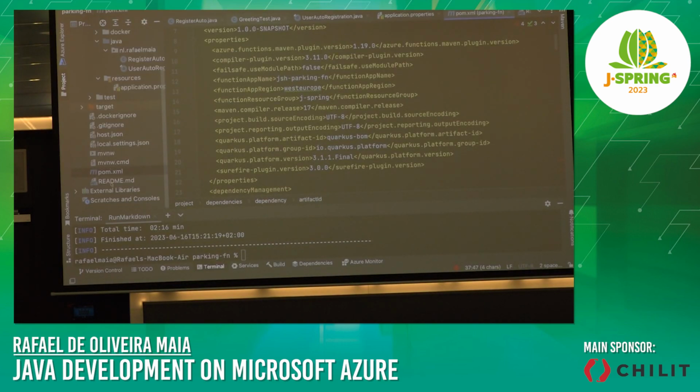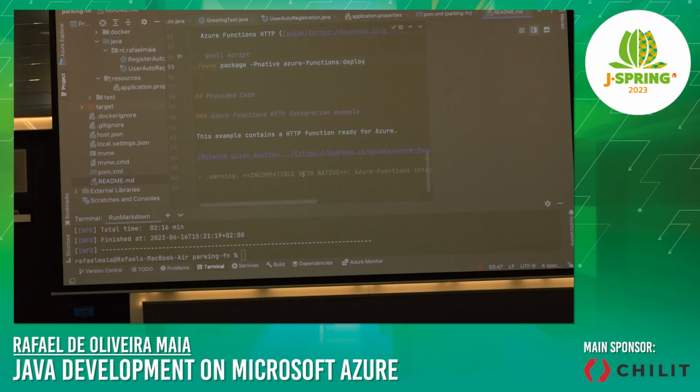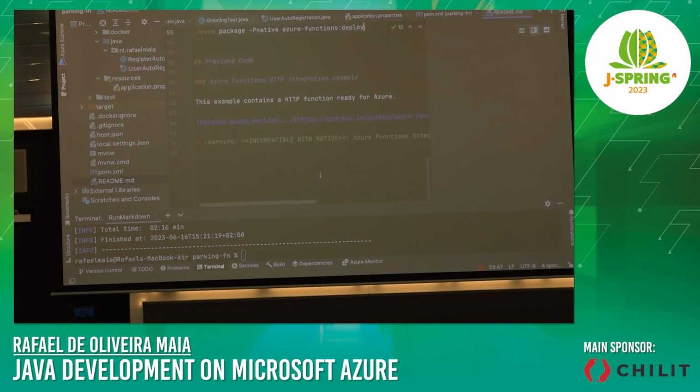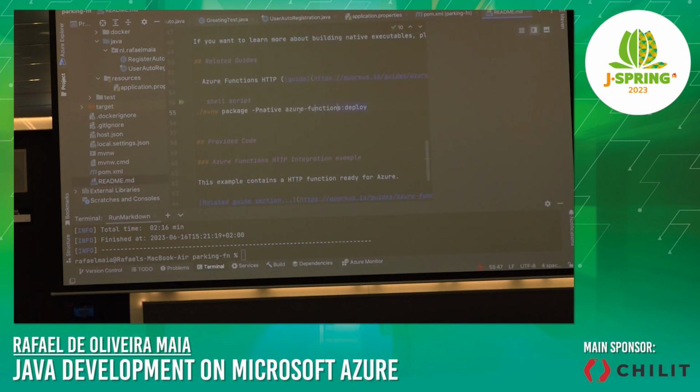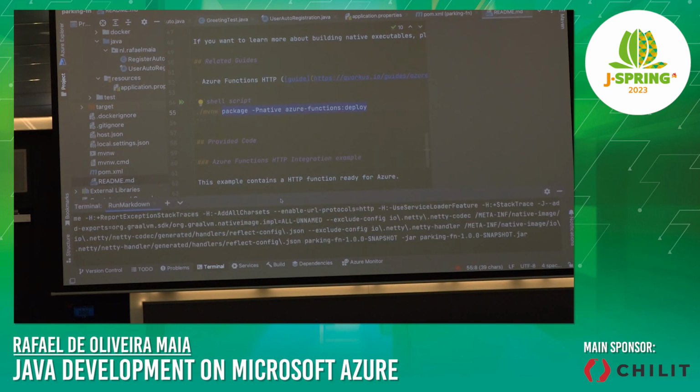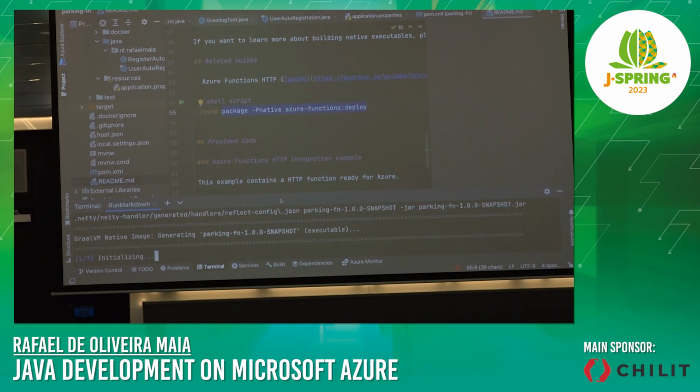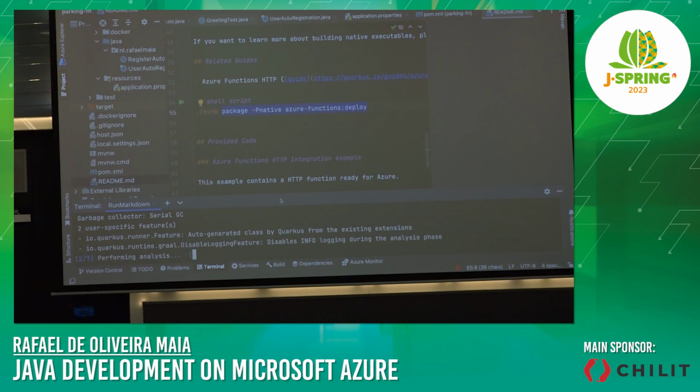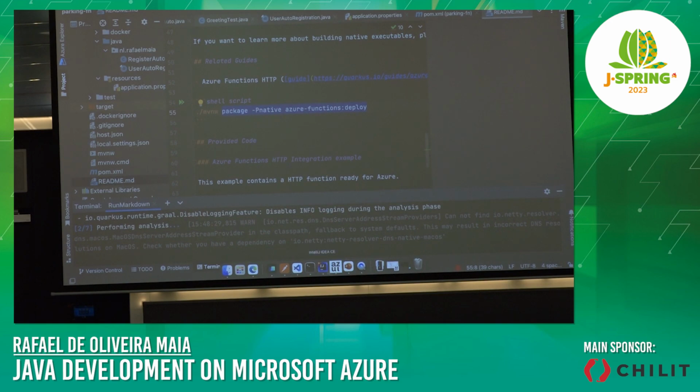I even placed a command here, so if you feel like building it, you can just do it. I'm not going to wait for that because it's going to take some time. But this command is a Maven task. It will package that using the native compiler, and it will deploy that to Azure. Very, very straightforward. On the other hand, the Spring Boot app,